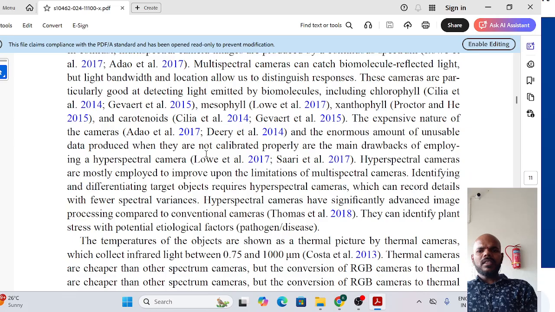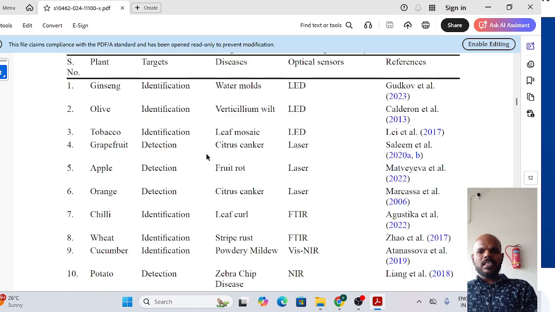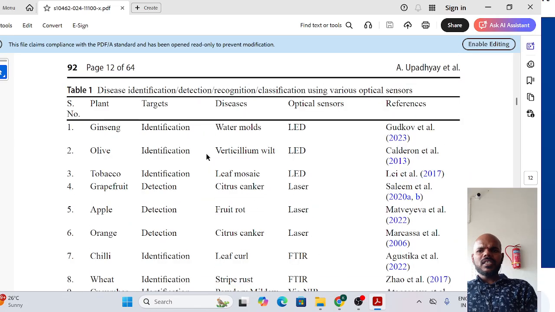Similarly, they have written other concepts also. We can see here what type of sensors they used for identifying plant diseases, right. What type of plants they used: olive plant, tobacco plant, apple plant, orange plant, chili plant, wheat plant. Like this, many were there. Here it is 2023 written in blue color. It means that it is a citation, which indicates that